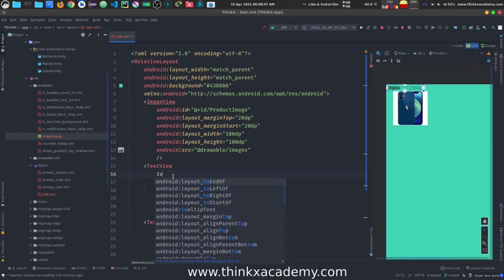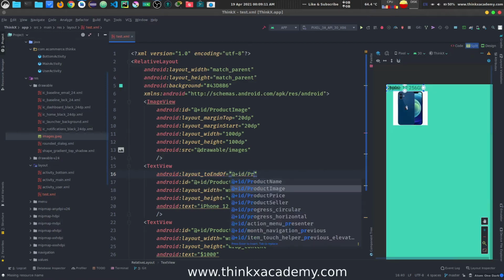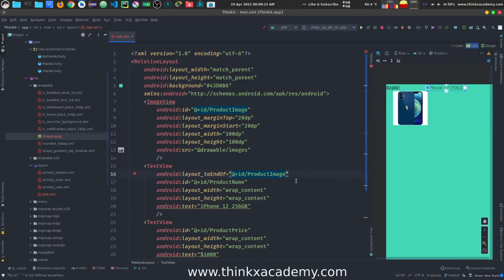If I write "to", you can see it shows me a lot of suggestions: layout_toEndOf, layout_toLeftOf, toRightOf, and toStartOf, right? If I press toEndOf, I want this text view to come to the end of this image view. For that I will specify the ID of the image: @+id/product_image, right? Now you can see that this text view has moved to the end part of this image, right?